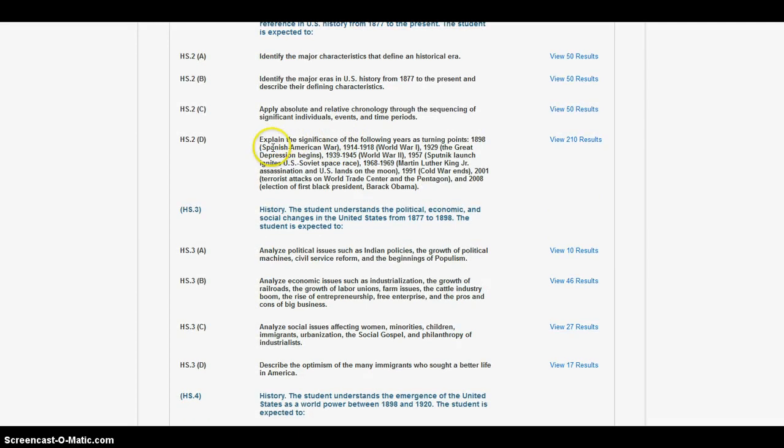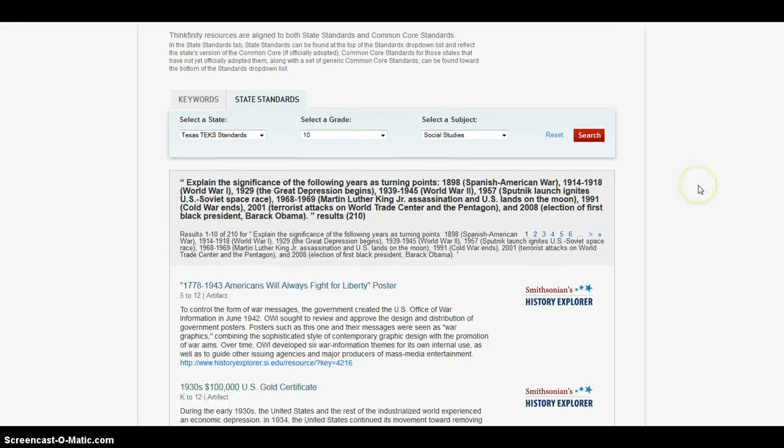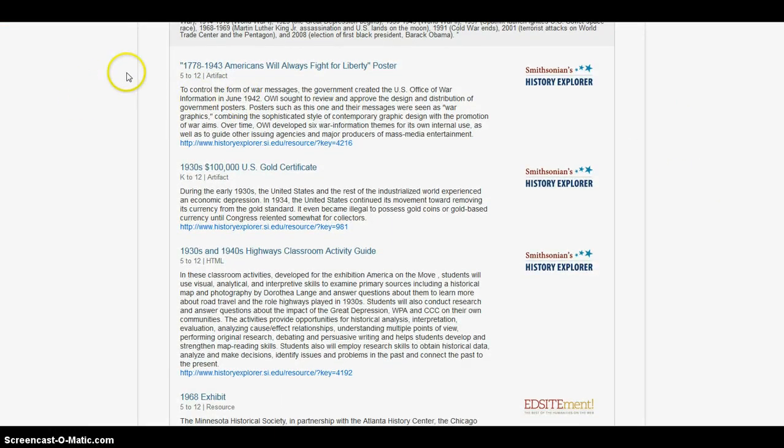For example, this one says explain the significance of the following years as turning points, and then it has a bunch of the important years in which these turning points occurred, and there's a lot of results for this, so this might be a good category just to look around in to see if there's something interesting you want to do. So clicking on the view results, you can see the resource types are indicated here with the grade range,